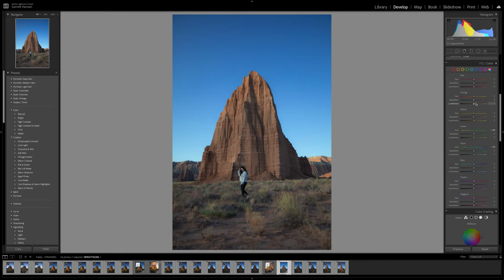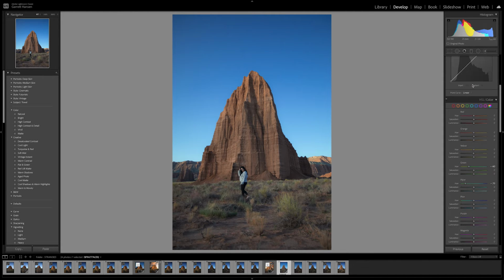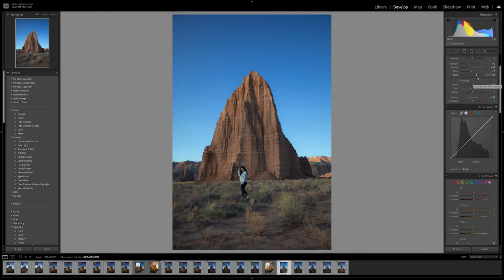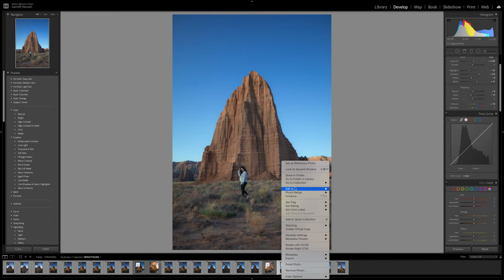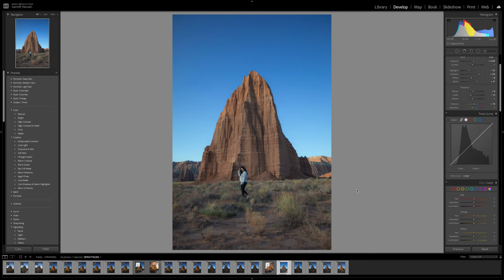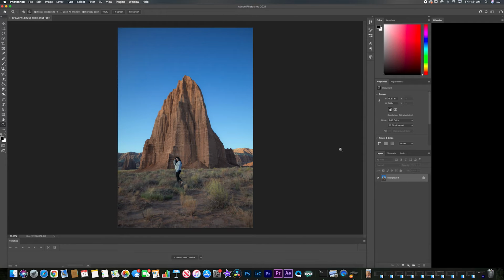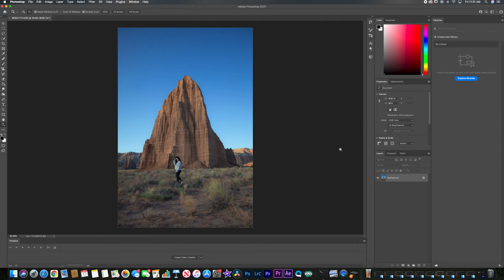Looking at that right now, I want to get a little bit more flat, so let's bring up the shadows just a tad bit more, and then maybe a little bit more. Alright, cool. So we're going to work with that right here. We're going to right click, edit in Photoshop 2021, and then wait 10 minutes for it to open up with your image. Alright, cool. Now that we got this photo here in Photoshop, first thing we always do is